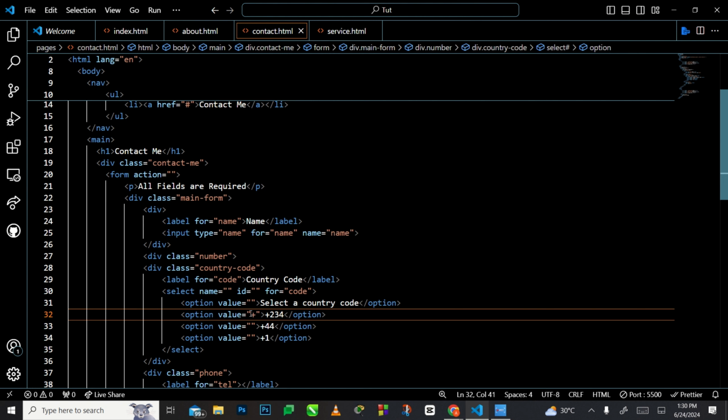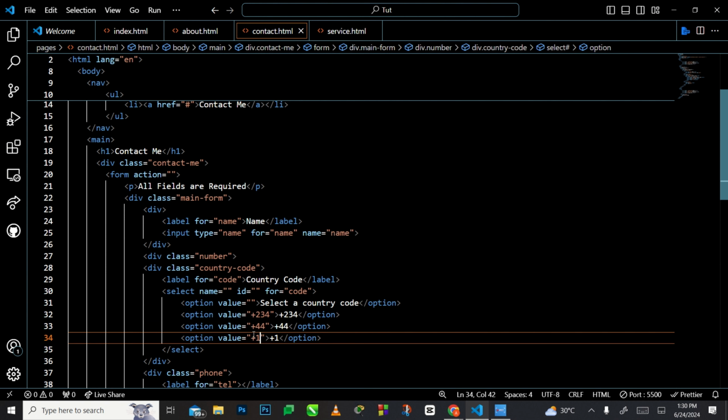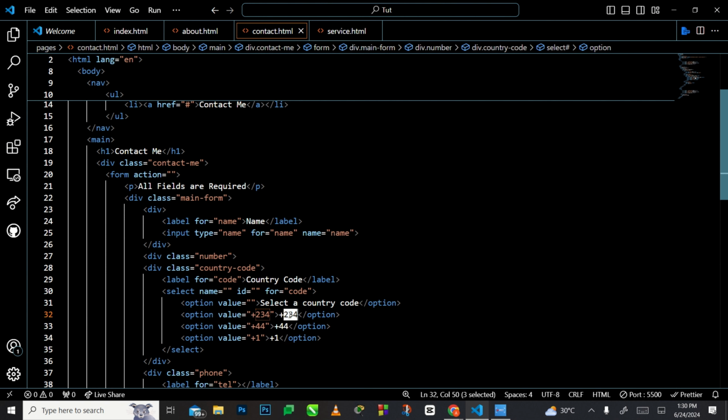I'm going to put +234 like it is over here, which is the country code for Nigeria. Then for the UK also +4, and then for the US or Canada. Okay, so we can have it this way, and then you can choose to put the text over here, Nigeria and